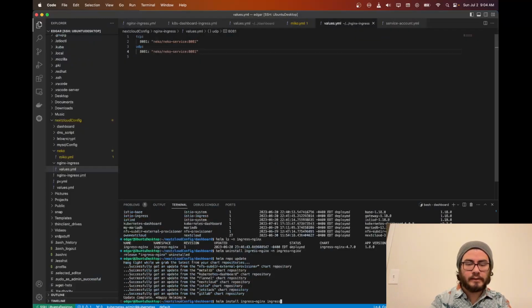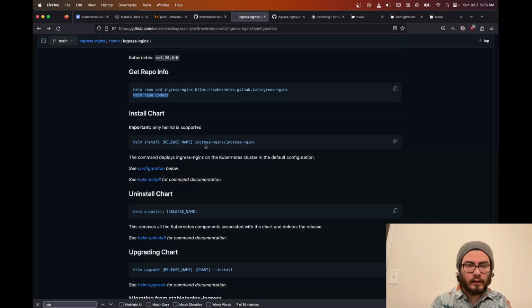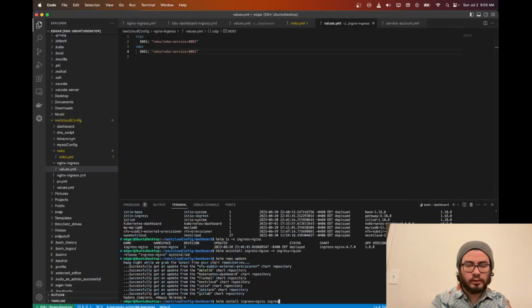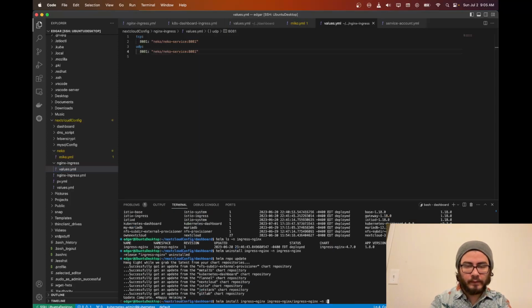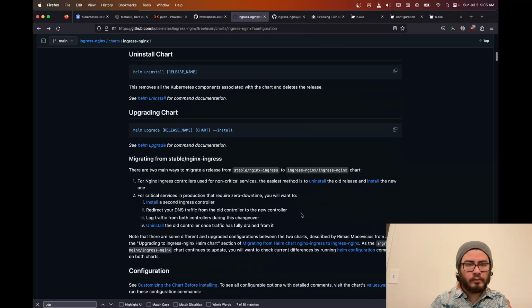Okay, ingress. Yeah, copy this. This is a lot of things to copy. The namespace should be called ingress-nginx, I think, right? Yep, ingress-nginx. And the values